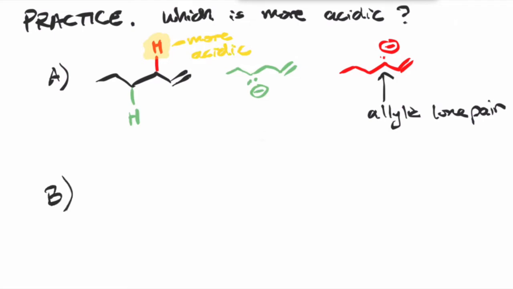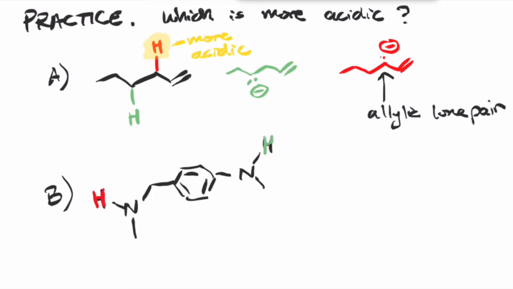Let's take a look at another example. Let's take a look at this molecule and compare these 2 protons. Notice again that if you deprotonate either of these protons, the negative charge will be on a nitrogen. So again, atoms is not going to help us here, but we might see if one has a resonance structure. Let's go ahead and draw in what would happen if they are deprotonated. Which one of these negative charges can be resonance stabilized? Yes, hopefully you can see that the green proton will be able to be resonance stabilized because it is allylic to that aromatic system. So therefore, it would be the more acidic proton.